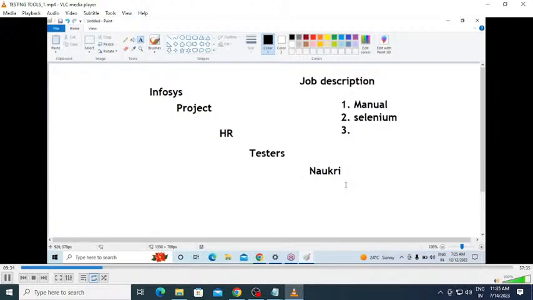So in our company there is an opportunity. Are you interested to join here? Your profile is matching with our job description. Then we can say yes. So they are going to be collecting the details and they will schedule one interview. So based on this process only, you are going to be